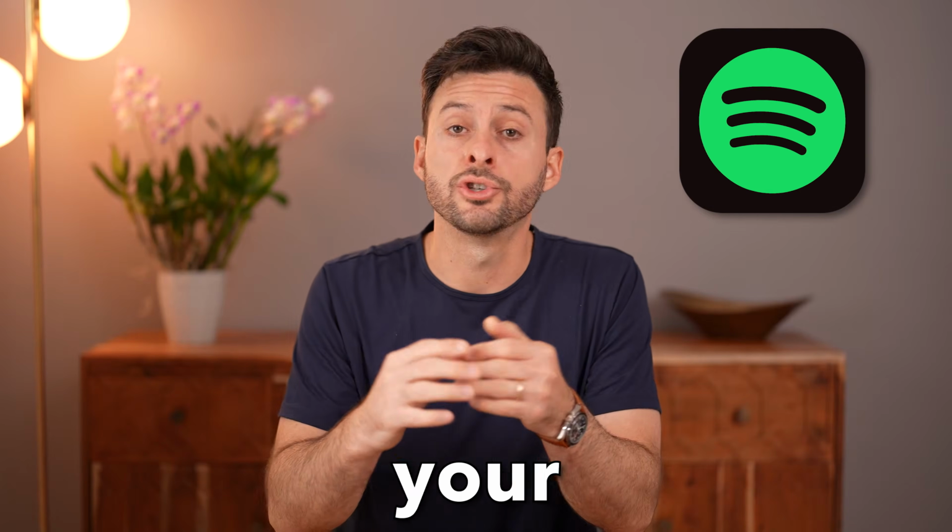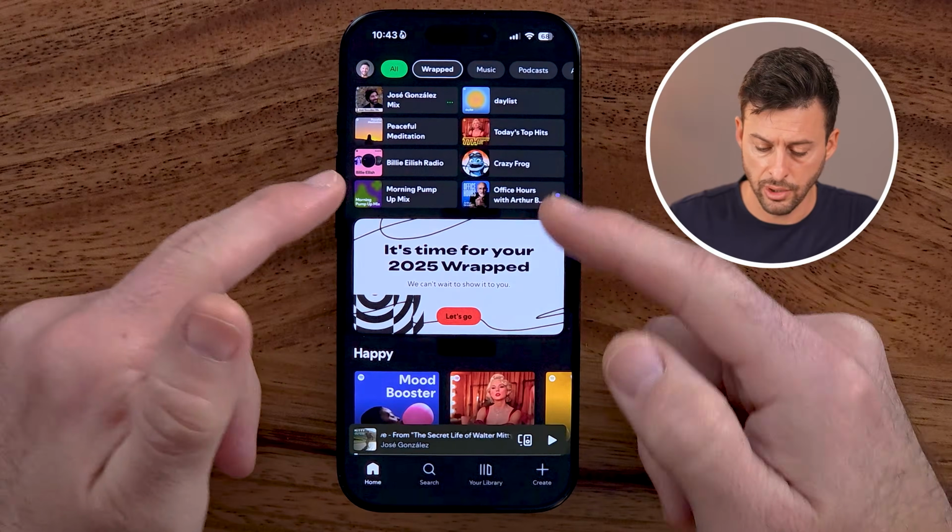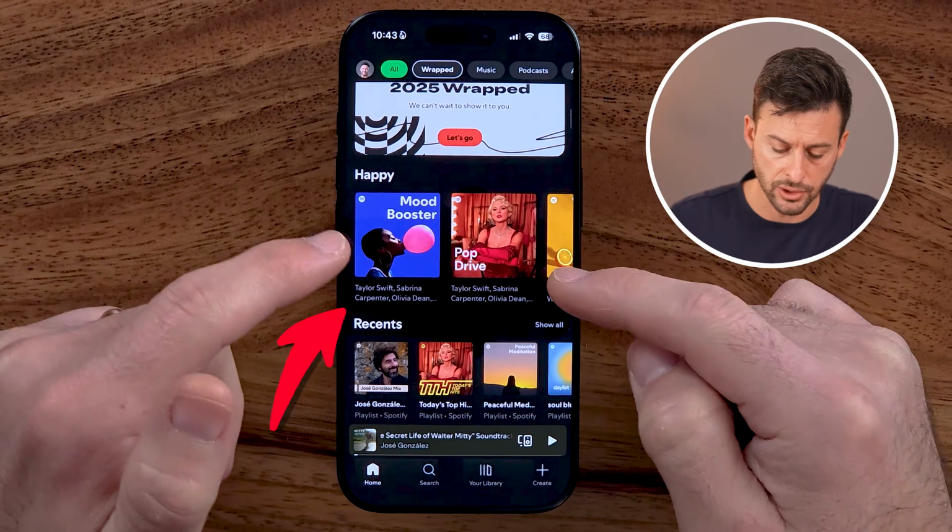Let me show you how to cancel your Spotify Premium subscription. Now, if you're on an iPhone, Android, or even a computer, and you want to cancel Spotify, I'll show you